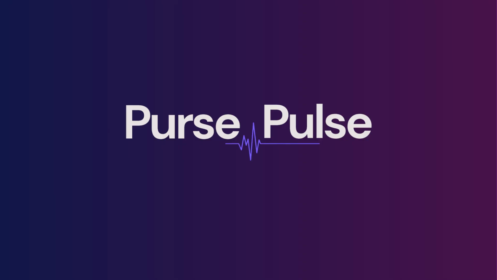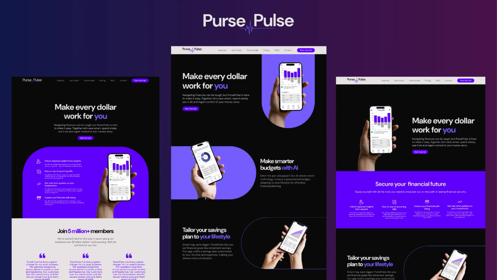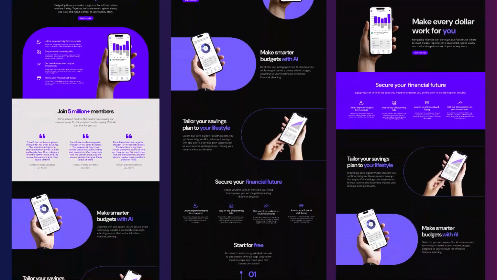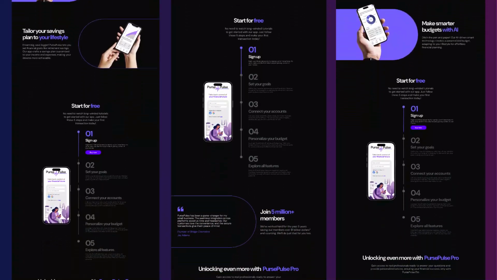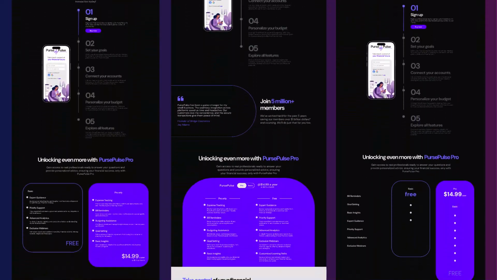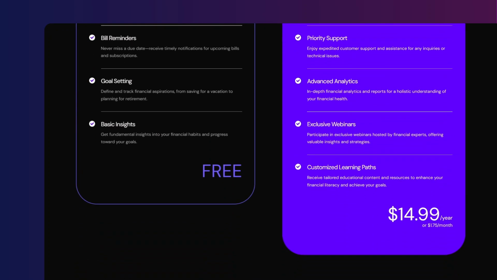So, let's take a quick look at some of the features of this template and what you get when you buy it on the Webflow Marketplace for just $29. Now, this template contains 3 landing page options that you can use. All 3 of these landing pages have the same theme but slightly different layouts and designs depending on your use case and your preferences. For example, you have 3 different sections designed to show your pricing plans. You have one with this toggle switch, one side-by-side comparison, and one checklist style comparison. So you get a lot of options and you can choose the one that you like best.